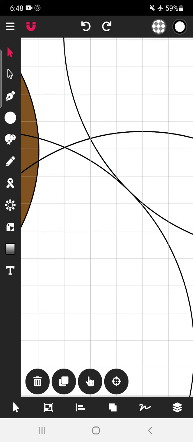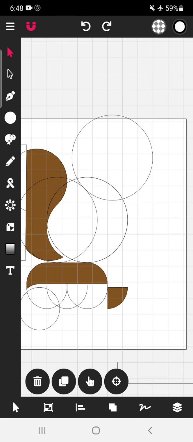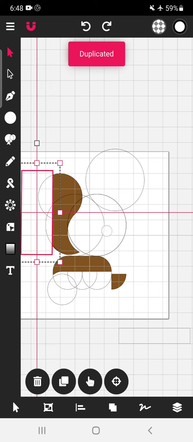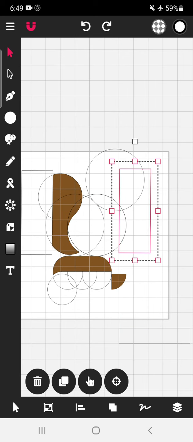So it has to be very accurate. Now it is overlapping. Now let's take this shape again. Make one more copy of this. Bring it over here. Up.